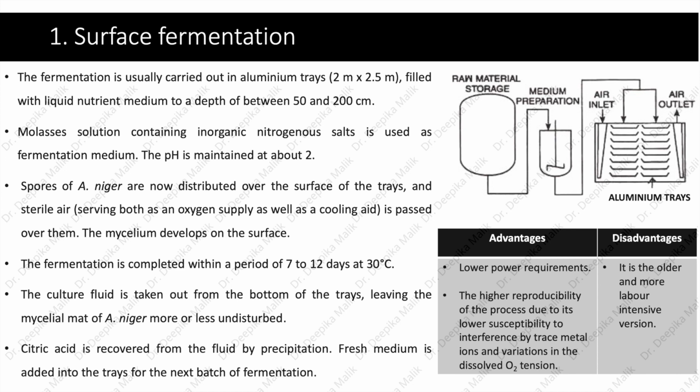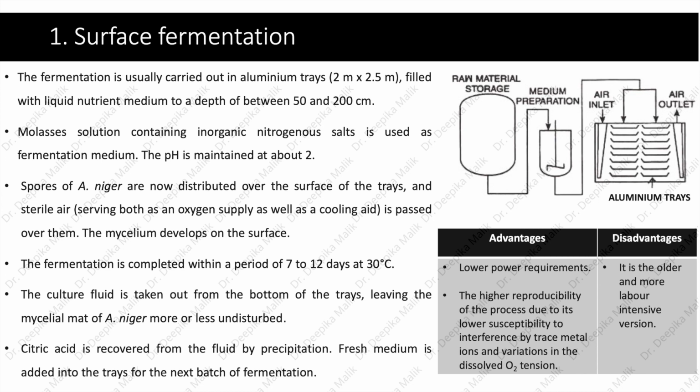Raw materials are stored in storage tank from where they are prepared for fermentation. Preparation involves mixing and heating with water. The complex substrates undergo starch hydrolysis to release fermentable sugars. After preparation, the substrates are now distributed over the surface of the trays, which are then inoculated with the spores